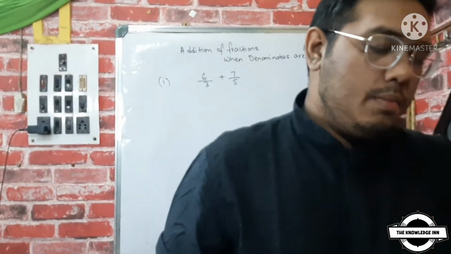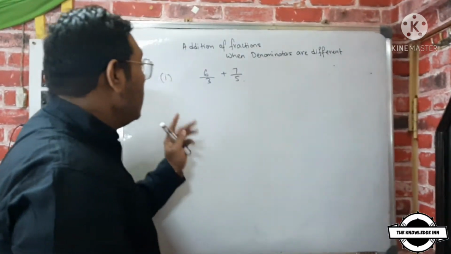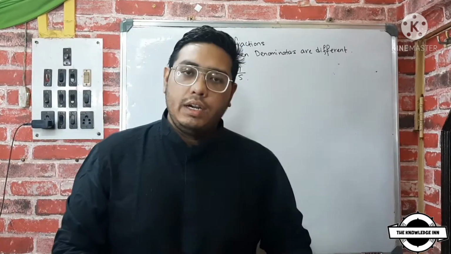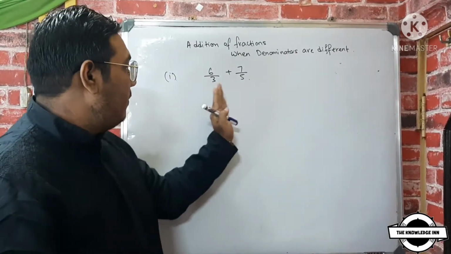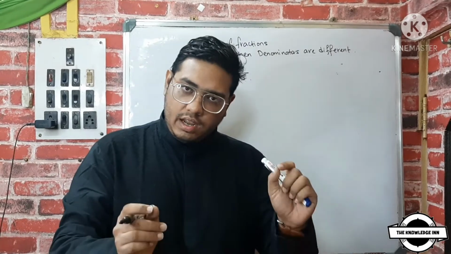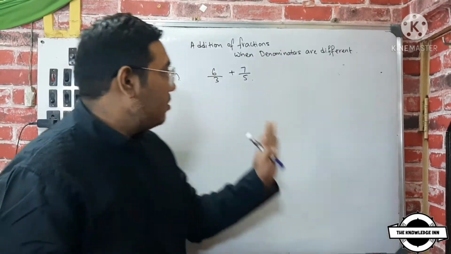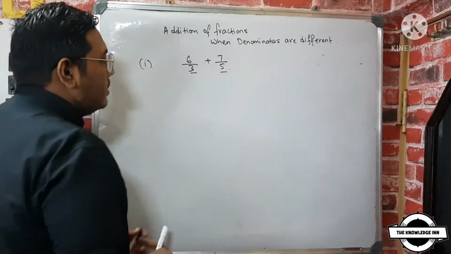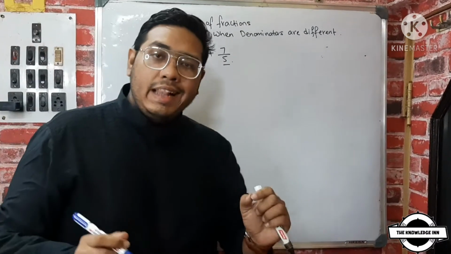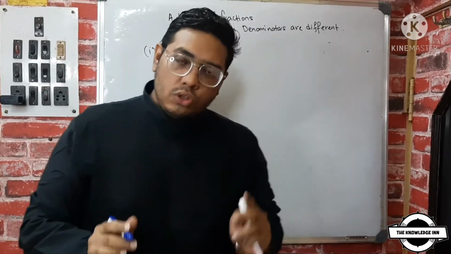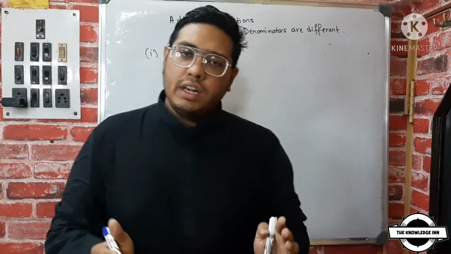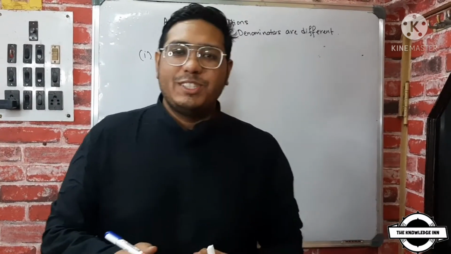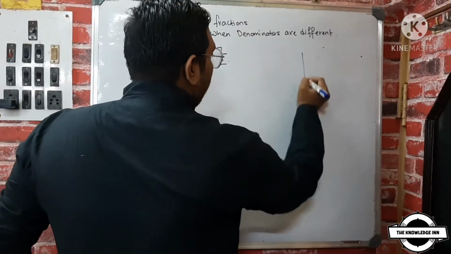Now, my dear students, there are a few variations in fractions when the denominators are different. So the first variation is very simple, where they will not give you any mixed fraction as a part of the sum. So how will you solve this? Now there are two denominators. We have to take out the LCM of it. Now for those whose concepts in LCM are not clear, I have already made the video. I will leave the link down in the description box. Please watch the video. So now we'll take out the LCM.